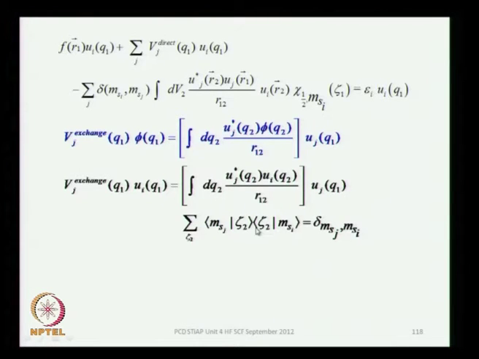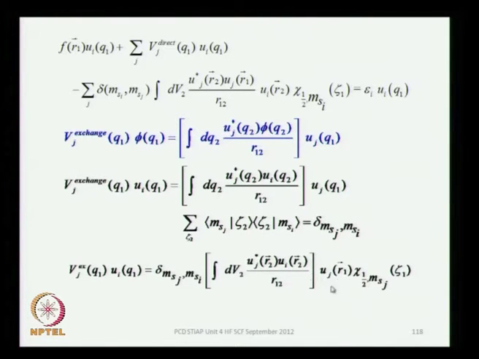So, we can carry out the summation over the spin part separately and write this Kronecker delta, which is written over here. Then you have only the space integration left, because the summation over the spin part has been carried out. That is the one which gave us this Kronecker delta. The integration over the space part is just this integral with q2 replaced by r2, and the volume element dq2 replaced by the three dimensional space volume element dv2. So, this is your